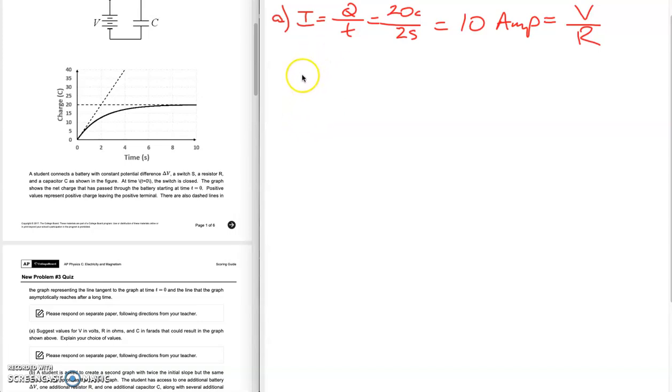Now we also have a final charge of 20 coulombs. So Q equals VC. These need to be equal to 20 coulombs when we're all done. So whatever numbers we pick need to obey those rules. So let's start at the bottom and work our way up. If we pick 200 ohms for this, and one more thing,